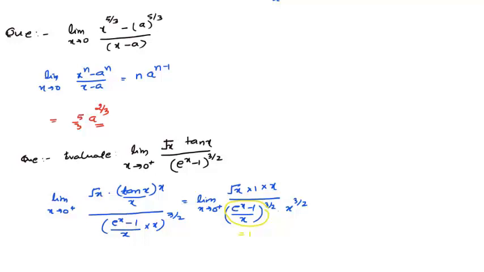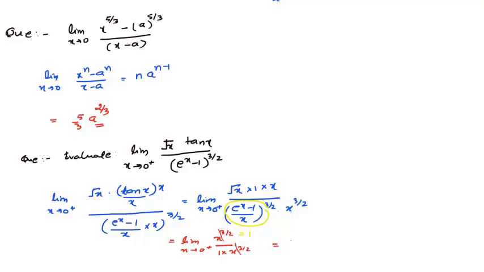So finally, if we write our whole expression again, it is now limit x tending to 0 plus, in the numerator x into root x. What do we get? x raised to power 3 by 2, and in the denominator we have 1 into x raised to power 3 by 2. So this x raised to power 3 by 2 and x raised to power 3 by 2 will get cancelled out.